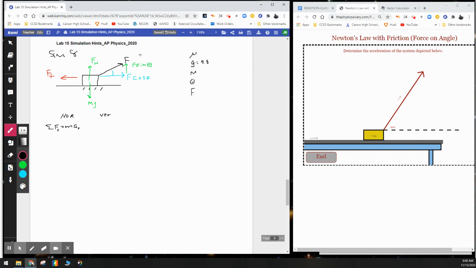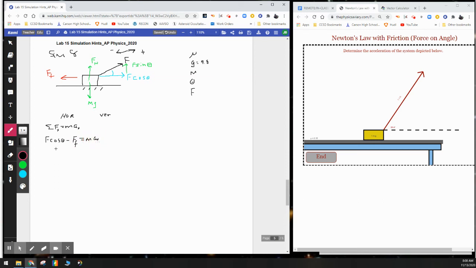Now we'll say going to the right is positive and going to the left is negative. So we have F cosine of theta, which is the horizontal component of the applied force, minus the force of friction,